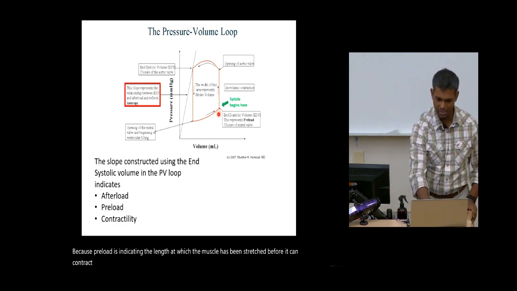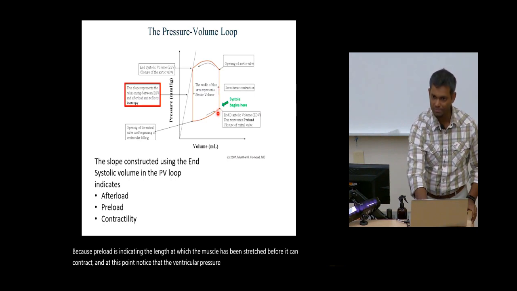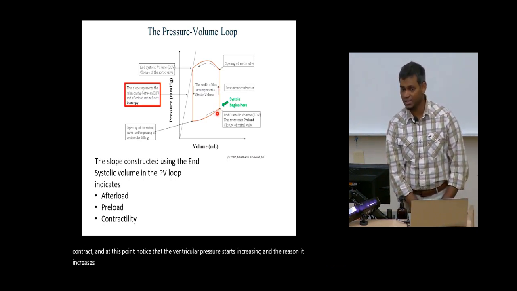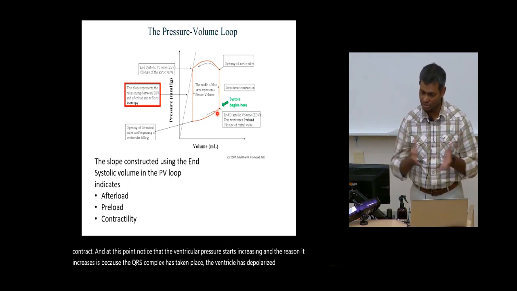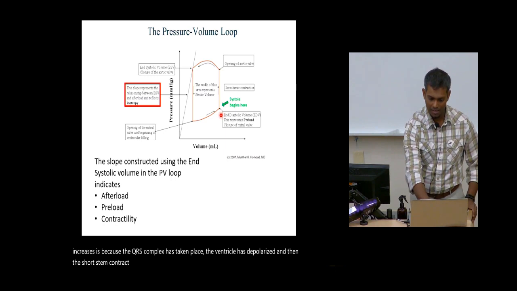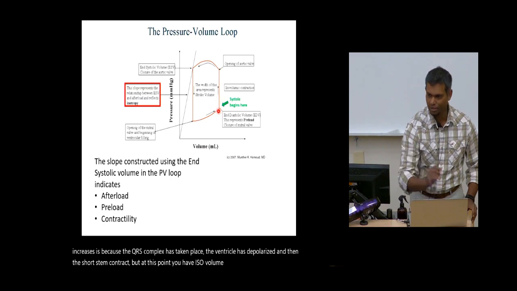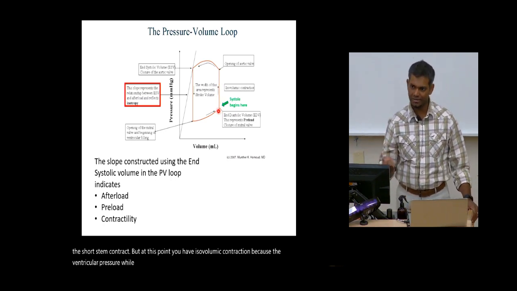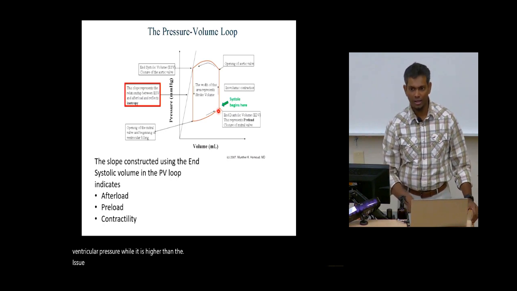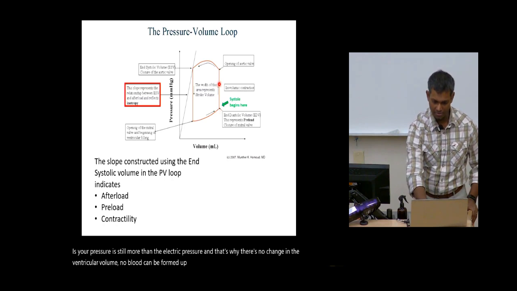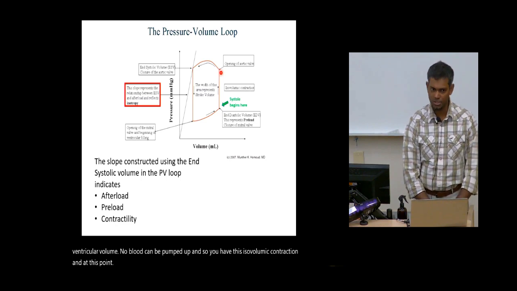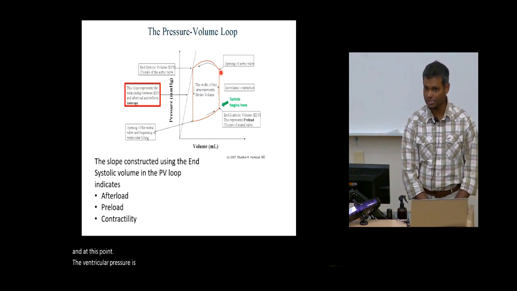And at this point, notice that the ventricular pressure starts increasing, and the reason it increases is because the QRS complex has taken place, the ventricle has depolarized, and then it starts to contract. But at this point you have isovolumic contraction, because the ventricular pressure, while it is higher than the atrial pressure, is still lower than the aortic pressure, and that's why there's no change in the ventricular volume, no blood can be pumped out, and so you have this isovolumic contraction,